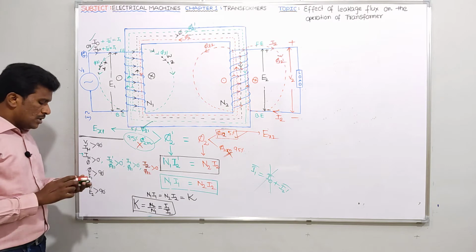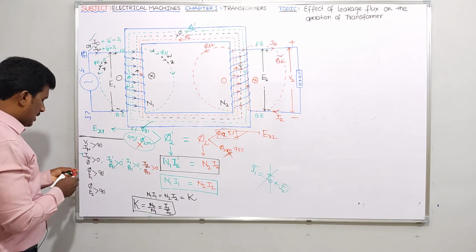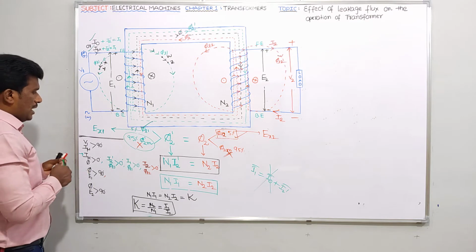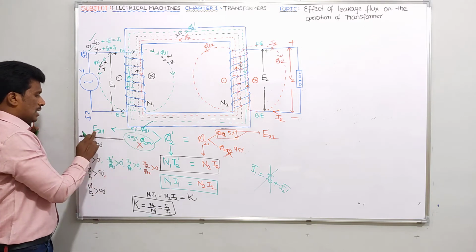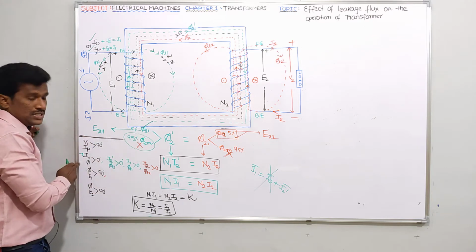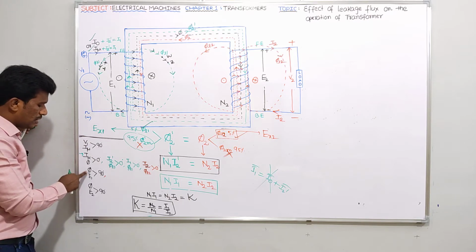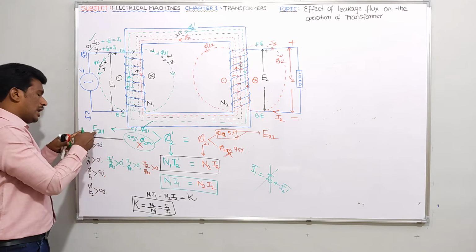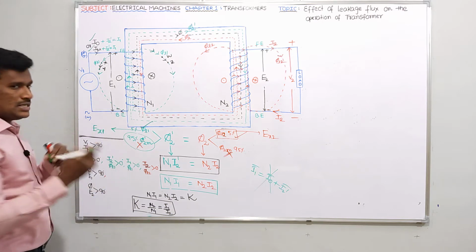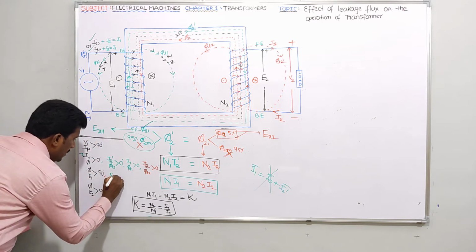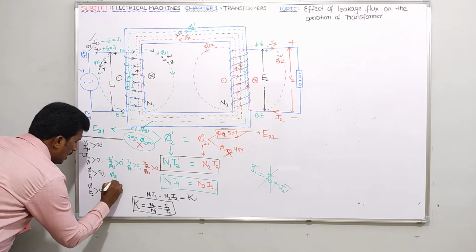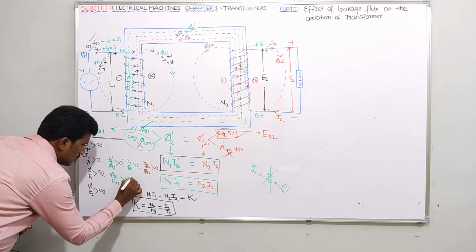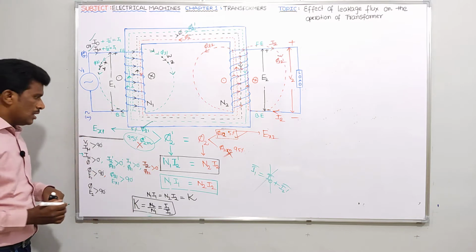Because of Lenz's law. Similarly, I am asking one question. Because of this pi L1, we are getting this EX1 EMF, just like because of pi we are getting E1. Like that here also, because of this pi L1, we are getting EX1. So according to Lenz's law, tell me the angle between pi L1 and EX1. 90 degrees, once again just because of Lenz's law.